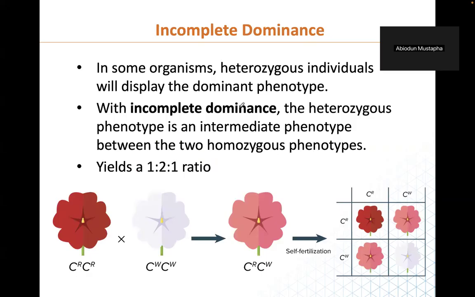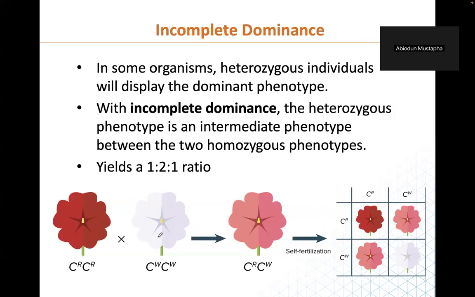So in incomplete dominance, in some organisms, heterozygous individuals would not display the dominant phenotype. In heterozygous individuals, we have some dominant and some recessive alleles. But in incomplete dominance, the heterozygous phenotype is an intermediate. It's not going to be dominant, it's not going to be recessive, it's going to be in between. So a good example is when you have a red flower